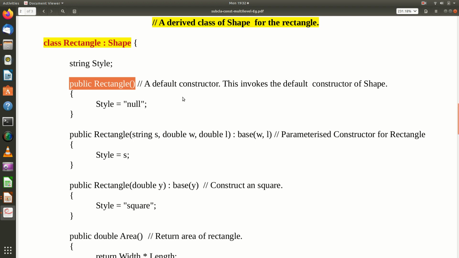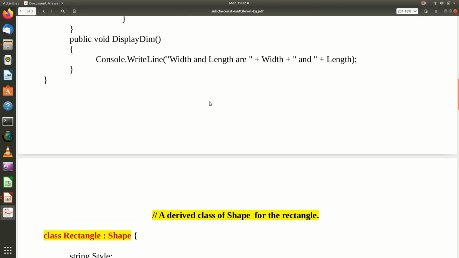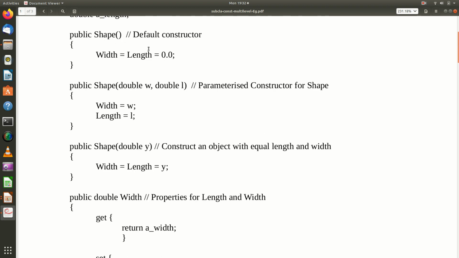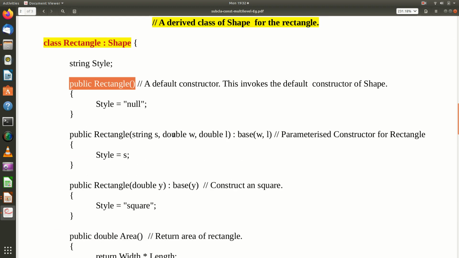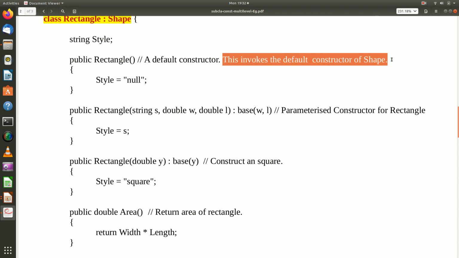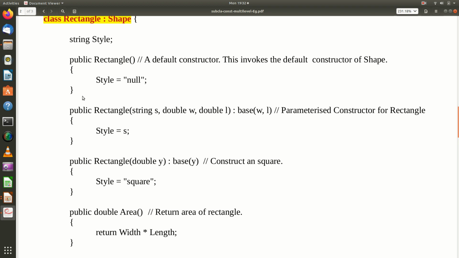This default constructor will automatically invoke the default constructor of shape, because shape is the base class for rectangle. I am not going to explicitly specify it, since it will be invoked automatically, no issues.